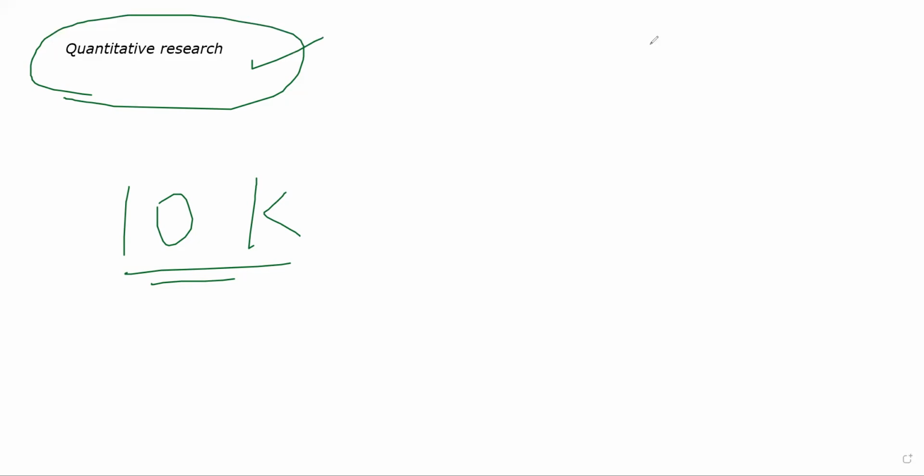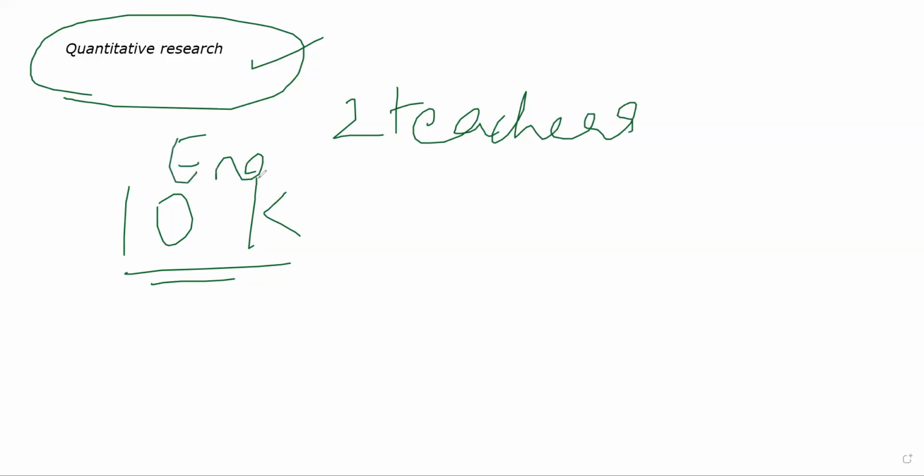I'll give you one example. Let's suppose there are two different teachers, and they are grading an English exam. These two teachers have been given freedom: you can correct and grade whichever way you want. You can use a grading system like A, B, C, D, E, or a numerical system 1, 2, 3, 4, 5, 6, whatever it is, or you can use whatever descriptive method you want as well. So now, let's suppose one teacher is using the numerical method and the other teacher is using a descriptive method.